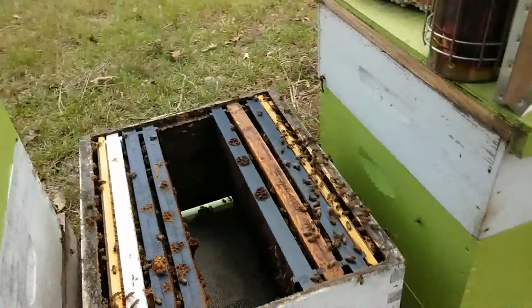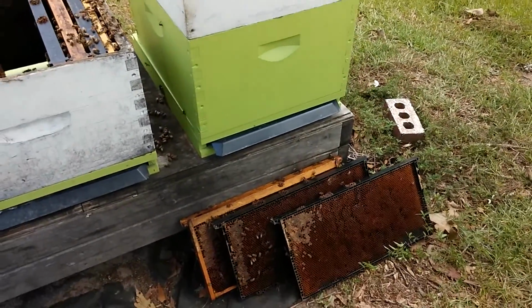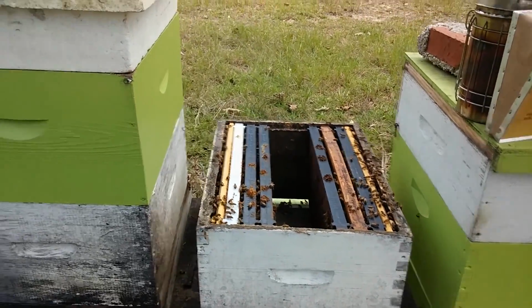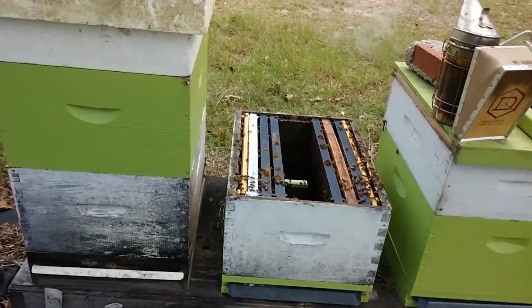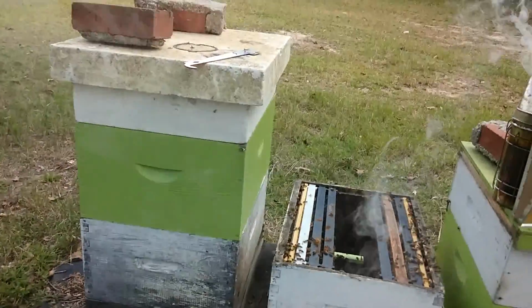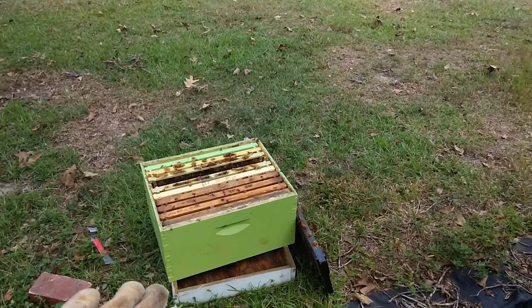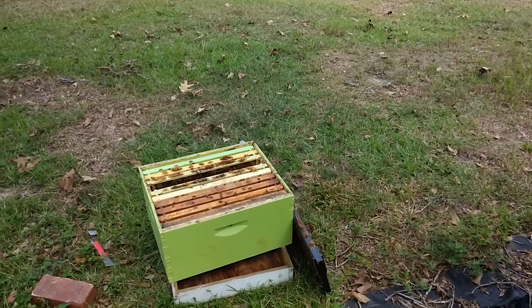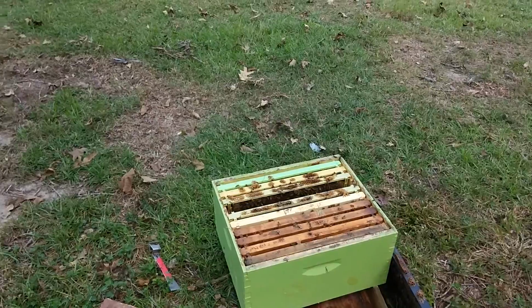So I've got 3 frame mating nukes back there with brood and a queen and bees. So what I did, I took 3 from the center here. I'm going to put 3 of those in the center, and then I'm going to put the 3 frame mating nuke. I'm going to drive all the bees out of the top box. Then I'm going to put a layer of newspaper beneath it, and I'm going to put the 3 frame mating nuke there,